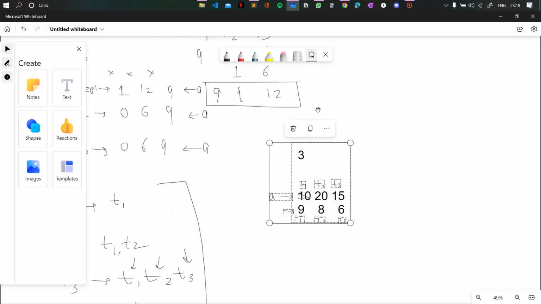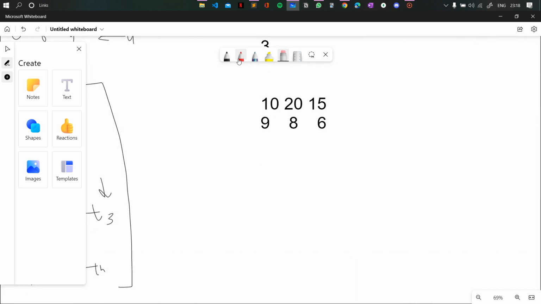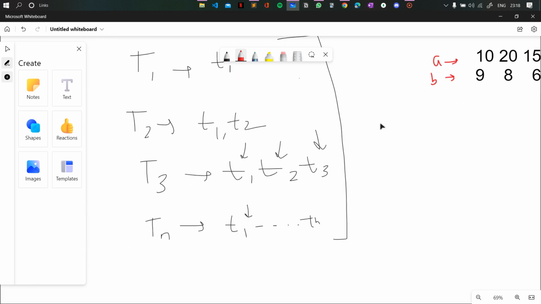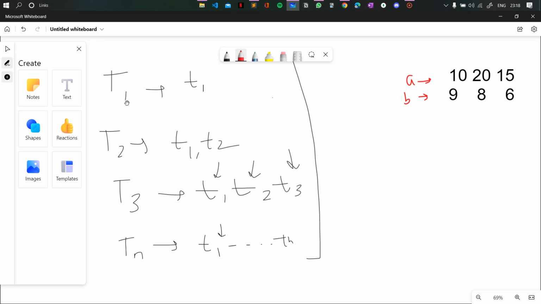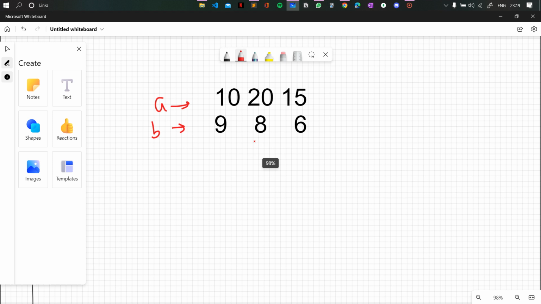Let's take this example here, and let's try to find out some observations in this question. Now, this is A, this is B. Now, as I told you that T1 can be drunk by all of the tasters. T1 is also here, T1 is also here. So what we need to see in this question is that